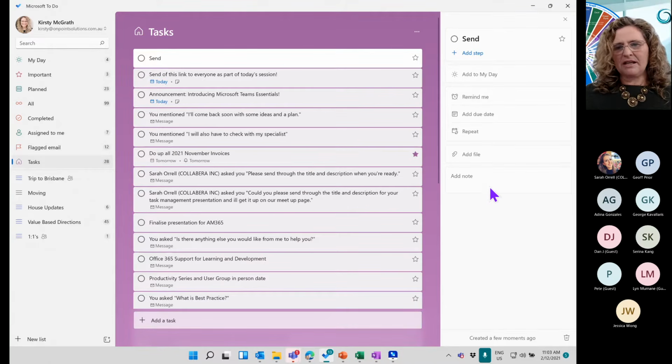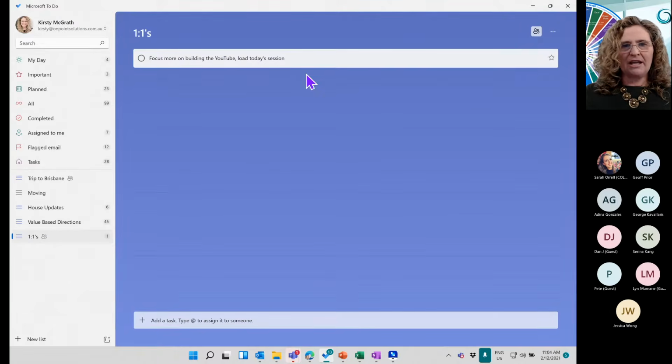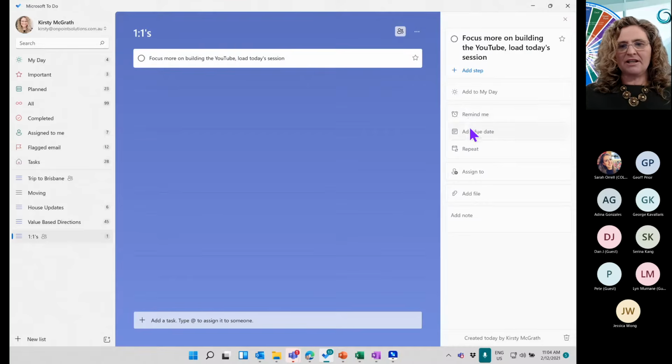To Do is a little bit more around your own tasks. But if you're working with someone else, you'd actually have it as a shared one. If it was a shared one, like in your one-on-ones, the moment it's shared, that's when you can assign it to them. So it needs to be a team or group, and then you can say who it is assigned to. It's not like Outlook, where it's based on sending it to a particular email and it becomes a task.